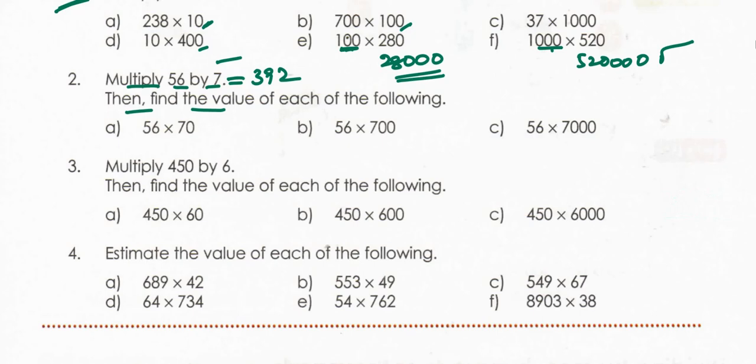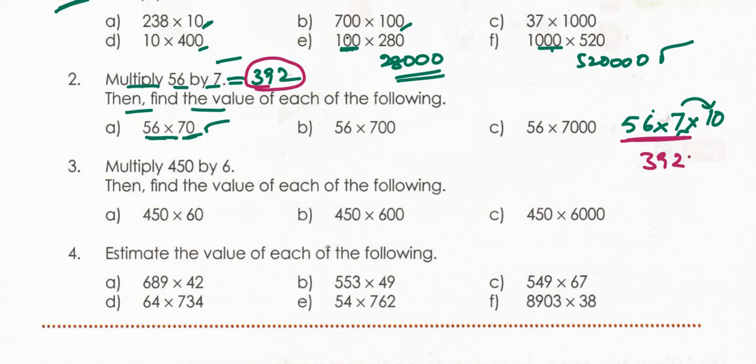Now you got this. 56 into 70 will do it here. 56 into 70 can be written as, can be split as how much? 7 into 10. No, 7 10 times is 70. 56 into 70 can be written as 56 into 7 into 10. Now you see, 56 into 7 first you do it. We already did it. 56 into 7, how much did you get? 392. 392 into 10. It has become easy now. Keep this 0 to this, then it will become your answer.